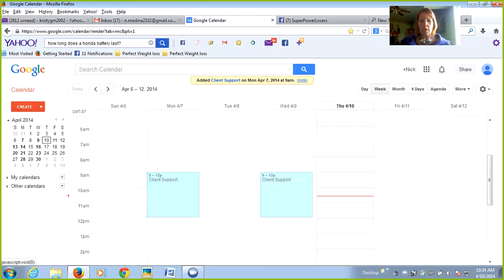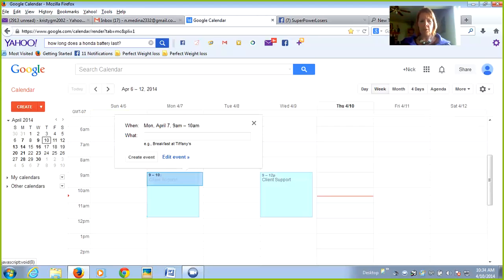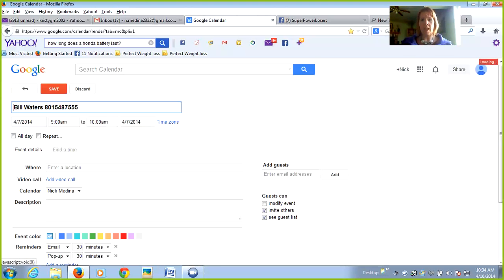Okay, so now let's say you wanted to actually type in the client that you're going to call. So what I do is, do you see this tiny little space on the edge of that blue? I'll click there and it creates a new event. So I can just type in, I'm going to meet with Bill Waters, and then I always type in his number. If you have a smartphone, you can go to Google Calendar on your smartphone and the phone number will come up, and you can just click on it. I love that about my smartphone. I have a Samsung Galaxy 4. So anyway,